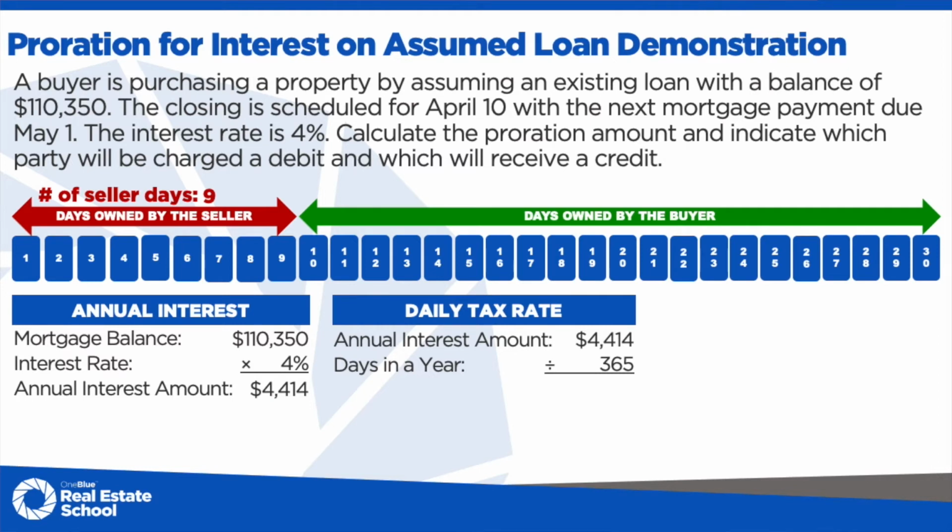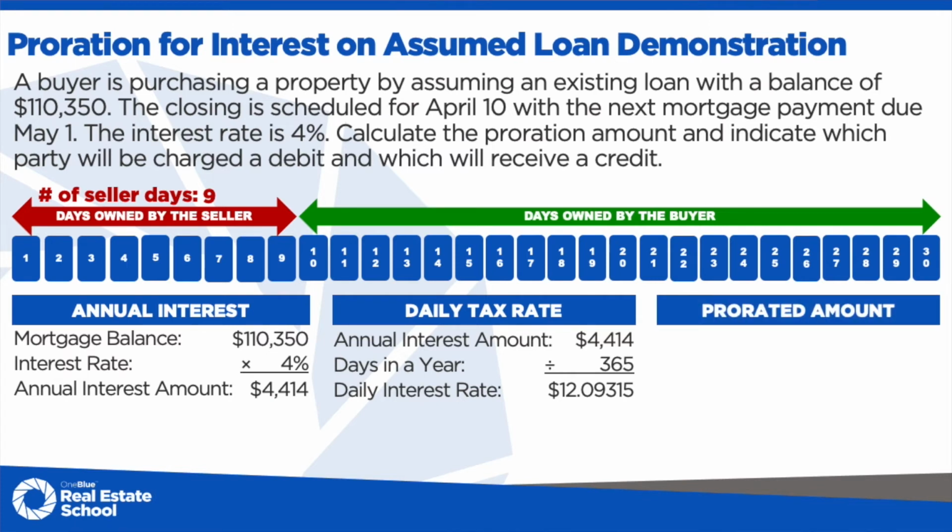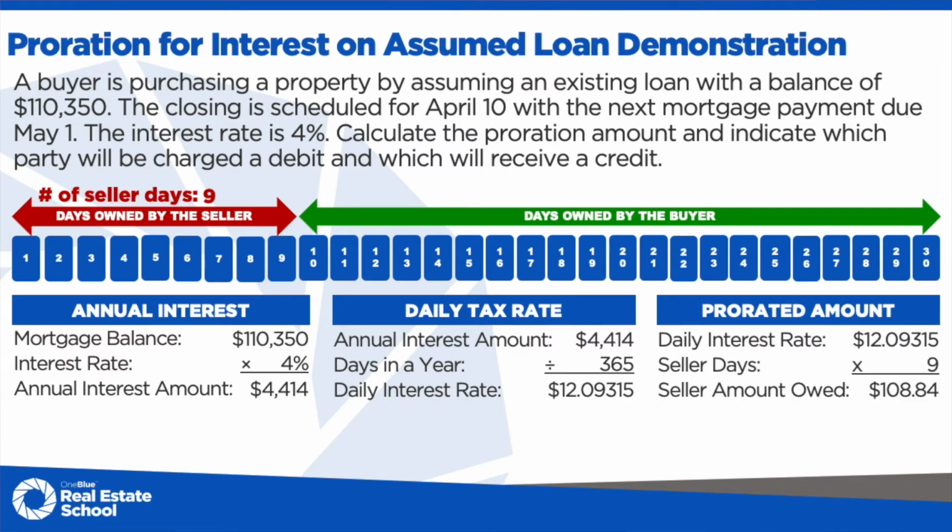So $4,414 divided by 365 days gives me a daily rate of $12.09315. Right? Always keep it to 5 decimal places until the final answer. So now that we know the daily interest rate and we know the number of days that the seller owned the property, we can quickly find out how much the seller owes the buyer. So we take the daily interest rate, we're going to multiply it by the number of days, and that's going to give us the seller amount owed of